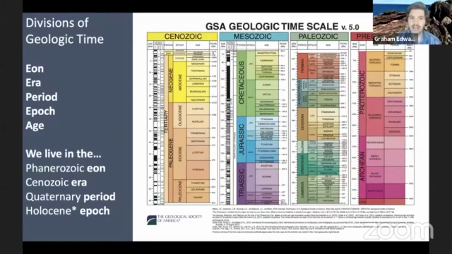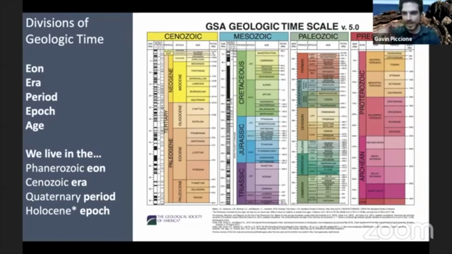That's right. And if we zoom in, we can find our period and our epoch right here up in this far upper left-hand corner of this time scale. And we've got all this time stretching out behind it, going all the way back to the Archean and Hadean eons of Earth's history. So there's a lot of time there, but we'll just go through some of the hits today. How does that sound? That sounds great, Graham, because